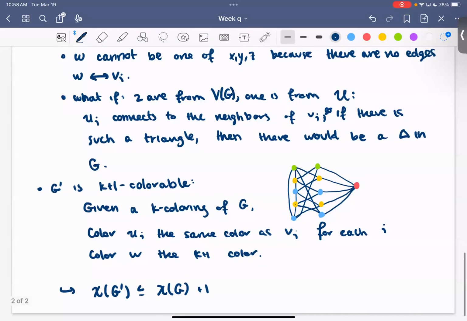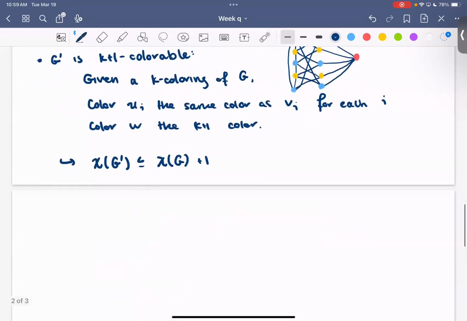Before we move on, are there questions about this part? Okay, so to show that we can't have a smaller coloring, we'll prove that chi of G is strictly less than chi of G prime. So how are we gonna do this? I'm gonna take a proper coloring of G prime and use that to obtain a coloring of G by fewer colors. So the strategy